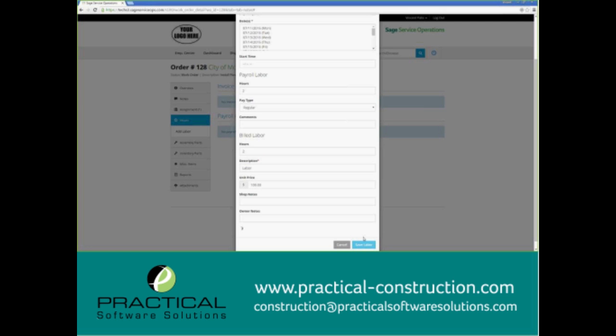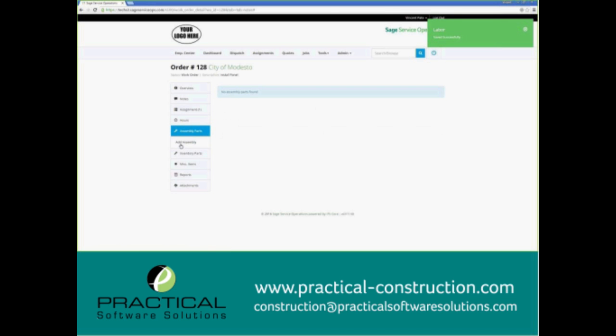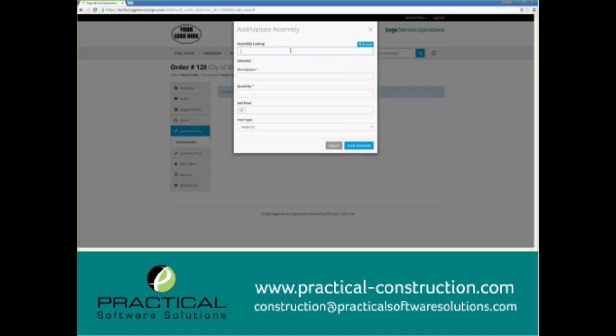Put in my labor hours as we go through, and then whatever parts we use. Now, we have a couple different things on parts. We can go directly from an assembly, or we can do inventory parts if you're tracking inventory, or we have miscellaneous items. Perhaps I'm on an assembly, and I think if I go here and add assembly, I might have